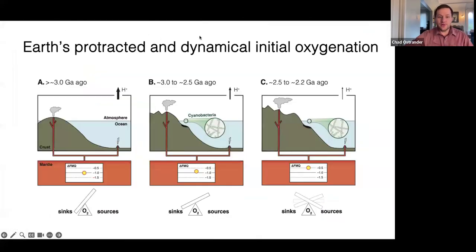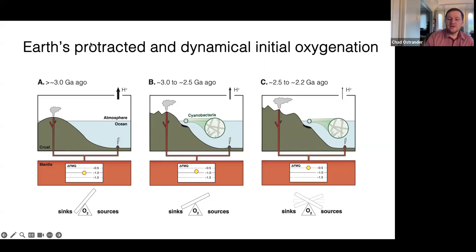So zooming out a little bit, what do these data support for the GOE community? Well, it seems like there's quite a bit of evidence, and I argue a lot of it's strong, for the production and accumulation, at least in pockets of the surface ocean and in other places, before the Great Oxidation Event. So it seems like oxygen is being produced perhaps as early as 3.0 billion years ago. We have a lot of good evidence from the Pongola Supergroup. Some of you on this Zoom call are parts of those projects. But we don't have oxygen accumulating to any non-trace level in the atmosphere till the GOE, because it's just a